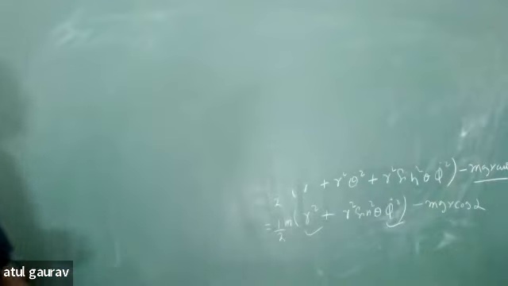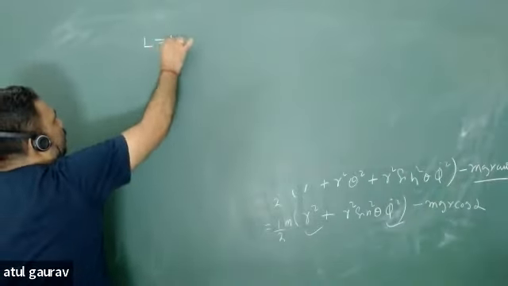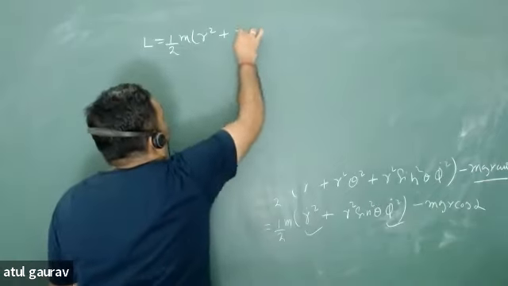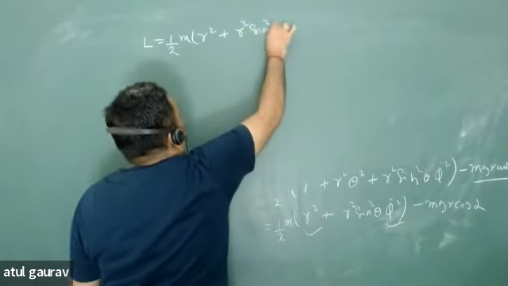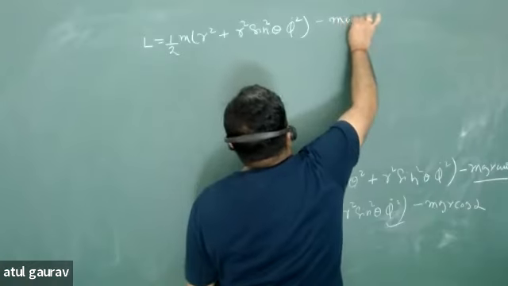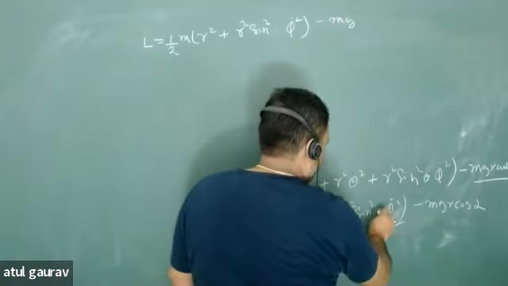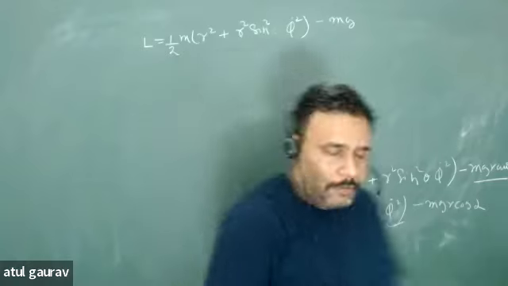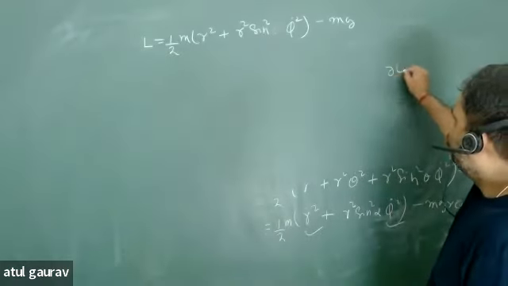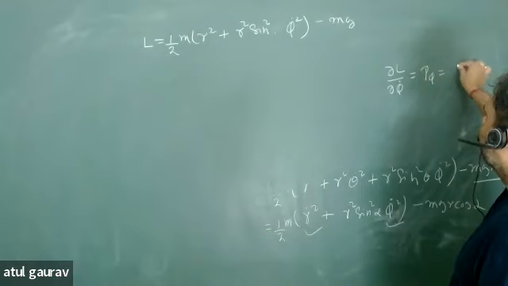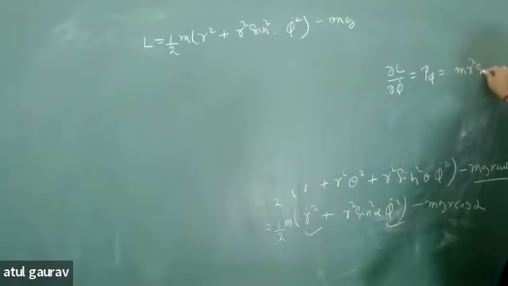चलो. So what is my Lagrangian? First I will write the Lagrangian. Lagrangian is half m r dot square and then r square sin square theta phi dot square minus mg, sorry, sin square alpha. थीटा की जगह पर यहाँ अल्फा करेंगे ना, this is problematic. ओह, मैंने क्या लिखा था phi dot की वैल्यू अभी, just check it. del L upon del phi dot is equal to what? p phi है ना, and this value is equal to m r square sin square alpha